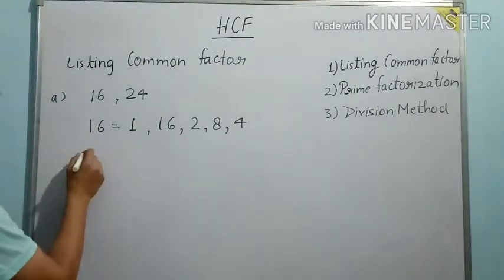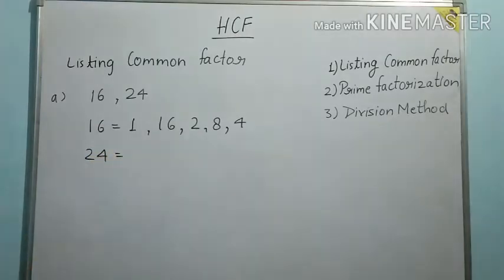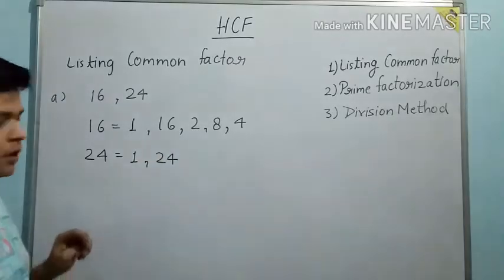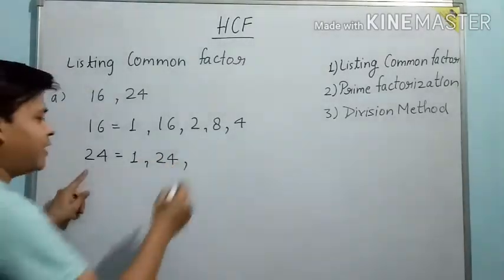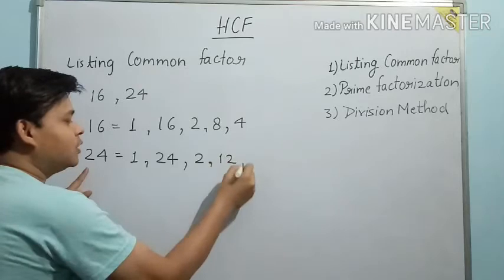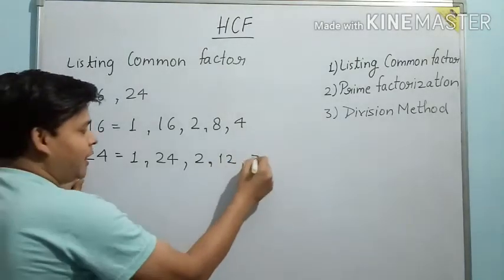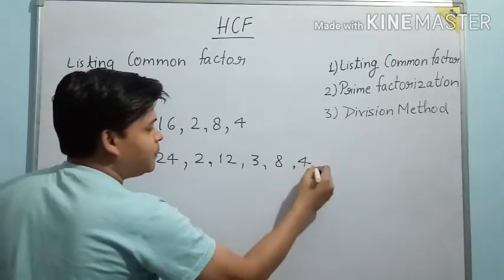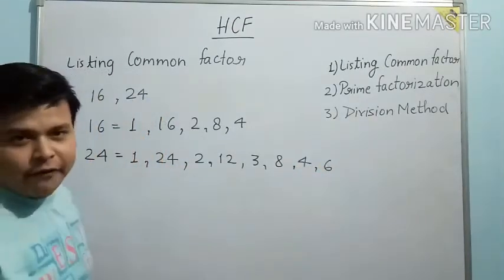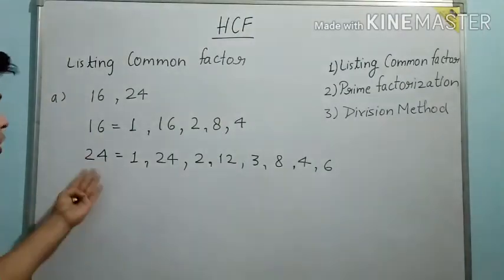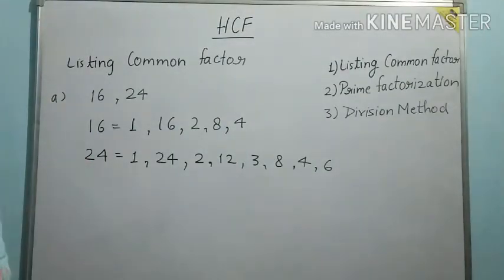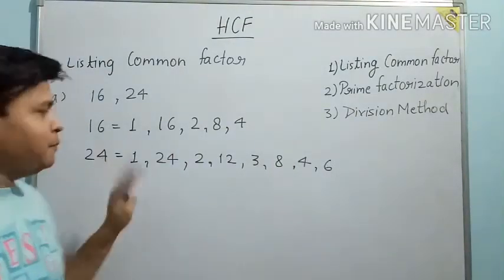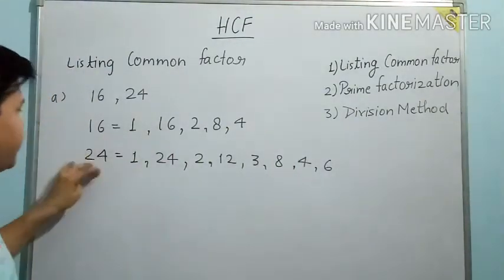Similarly, let's find out the factors of 24. So start with 1. So 1 24 times, then 2 12 times. So you write here 2 and 12 both. Then after 2, 3, then 3 8 times. So 3 8 times. After that 4, so 4 6 times. After that 5, but 5 in table of 5 24 will not come. So move to next number, that means 6. But 6 is already done here, so we will stop it. That means factors of 16 and 24 are done.